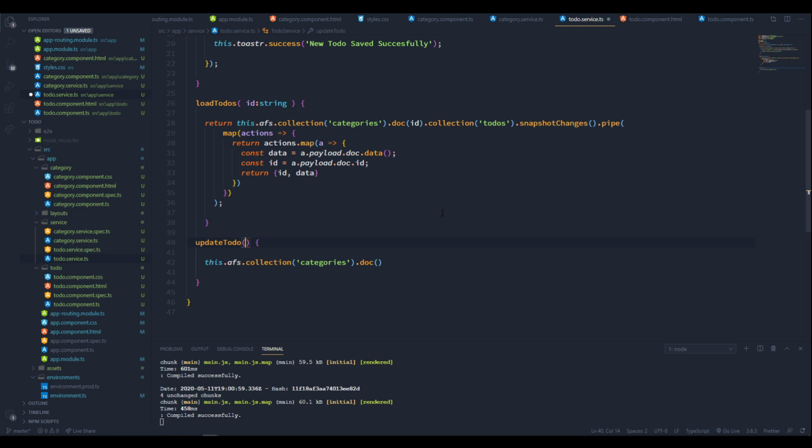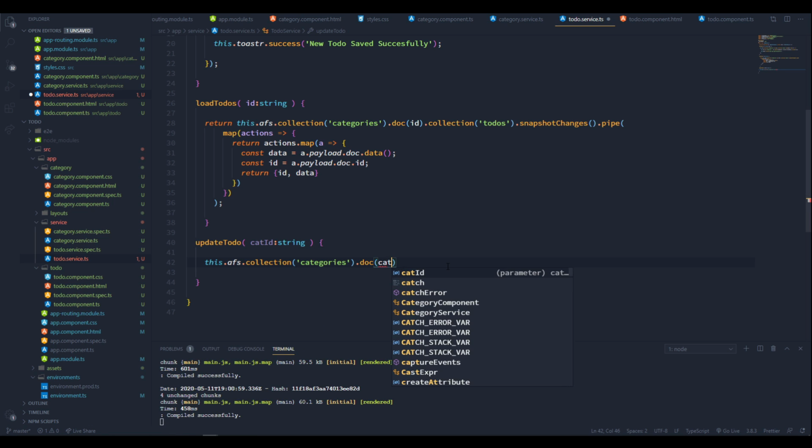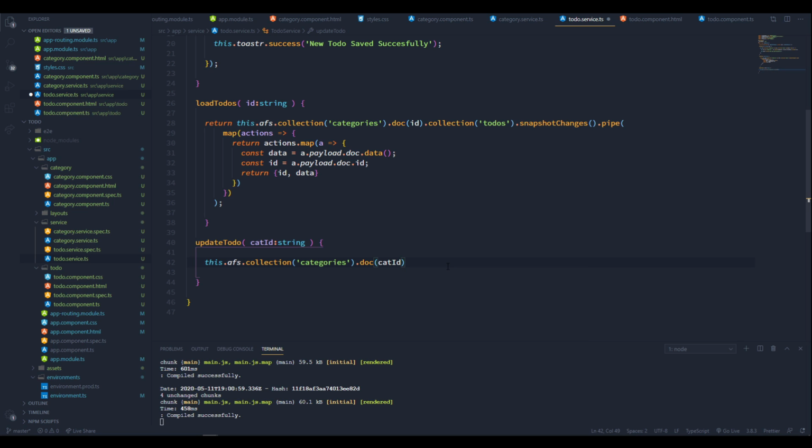Inside the parentheses, create a variable catID and type is string. Pass this catID parameter inside these brackets and again dot collection. This time this is Todos collection. Add pair of brackets and pass the collection name Todos as a string. Next again